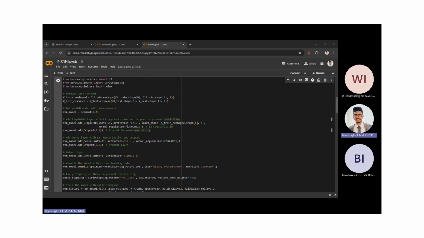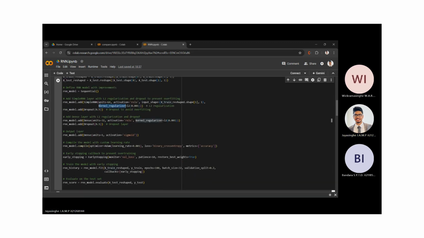In this, reshape is the input step, which reshapes the original data. The purpose of using this is to feed data into the recurrent layer. Each sample is a time series like input where the RNN processes one step at a time. The first is a simple RNN layer. I use 64 units as neurons, and each unit is a recurrent neuron, meaning it takes into account the current input and the previous state.